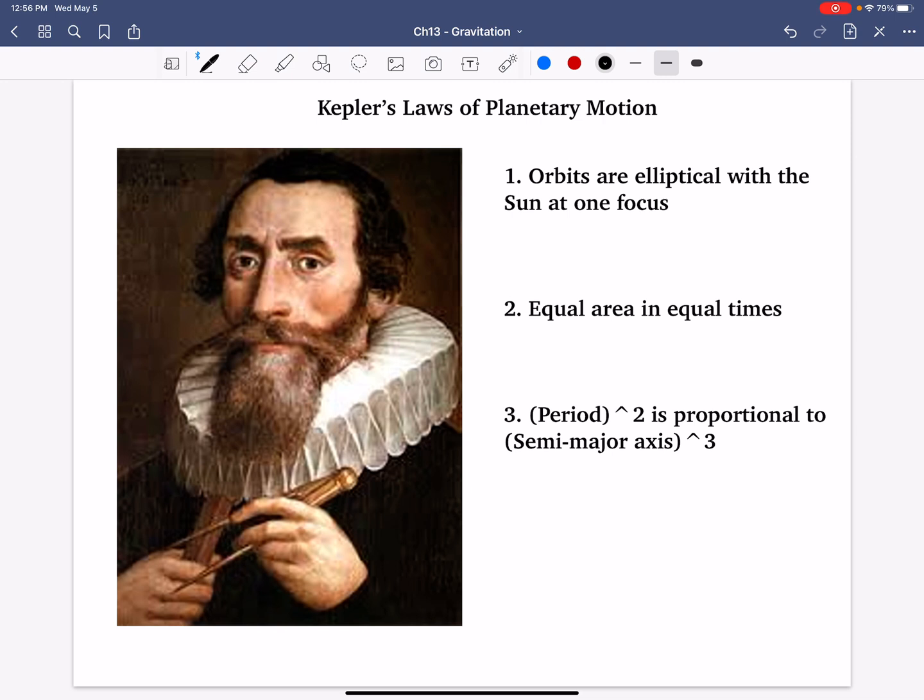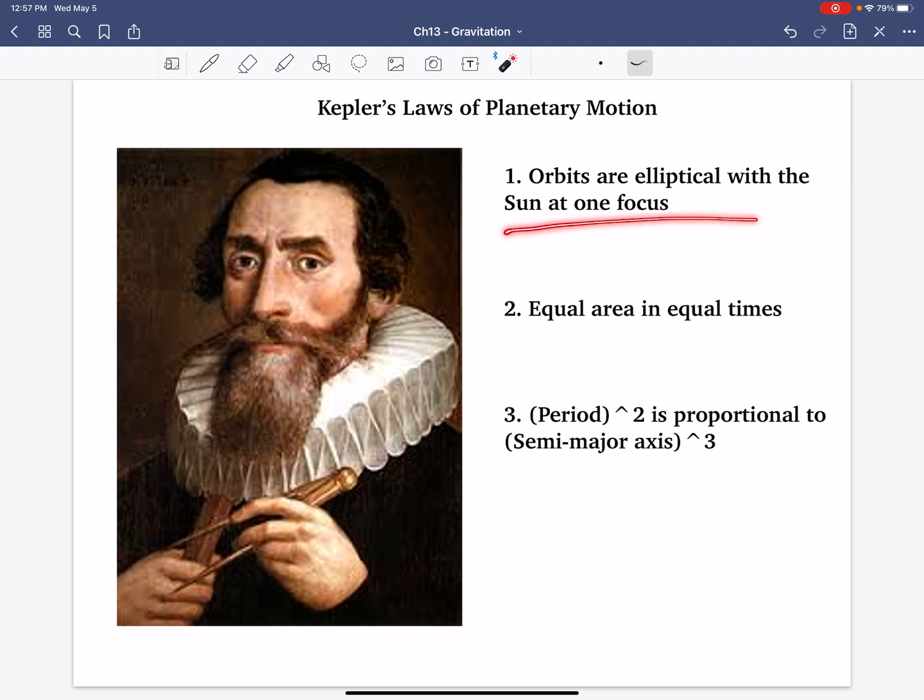He did this so much that he was able to come up with three laws of planetary motion based just off of observational evidence. He wasn't actually able to use a telescope to observe the planets and their motions. He just did it based upon the numbers and observations from Tycho. A little while later, after Kepler, came Galileo, and he tweaked the telescope and was able to further observe and prove Kepler's work.